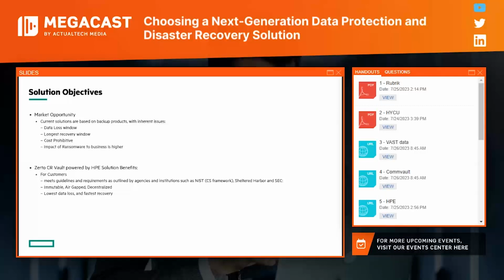When an organization gets hit, they need to be able to recover and recover quickly. So again, immutability, air gapping, and decentralization is critical. And again, with the secret sauce being Zerto and its ability to recover quickly, we have all the check boxes that any organization would want to protect themselves against an extended outage from any sort of cybercrime.